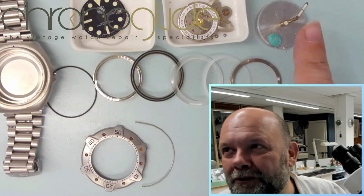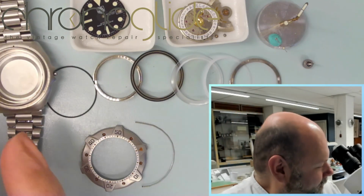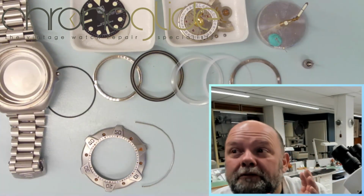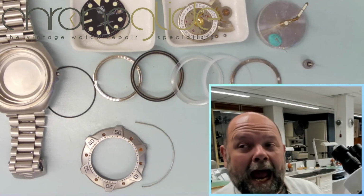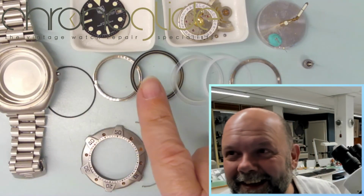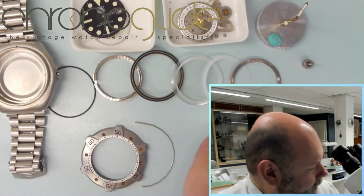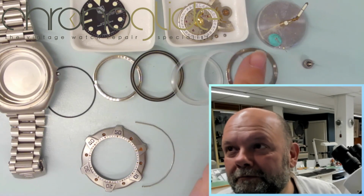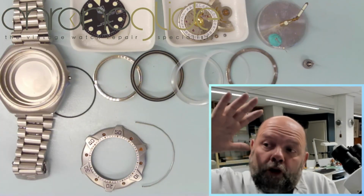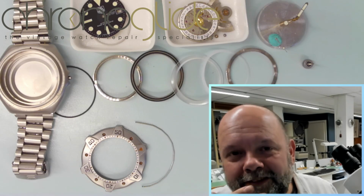And in a moment I will show you the restoration of these hands. I think quite nifty. So it is a mono case, so the movement comes out from the front. How do they do that? Simple. Here is the build-up of each layer of water resistance. There is a screw ring in here. So you screw down the whole packet, all the seals are compressed,